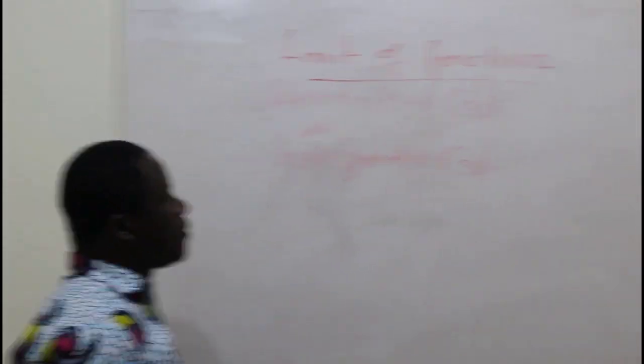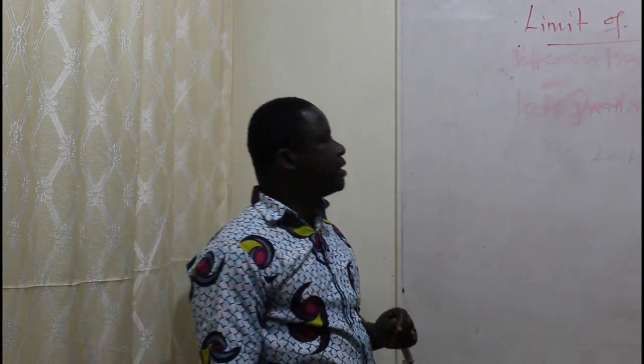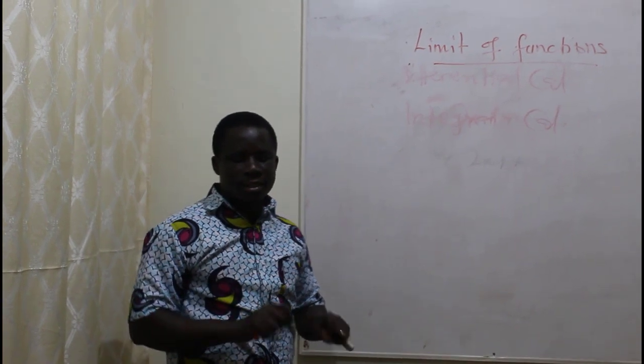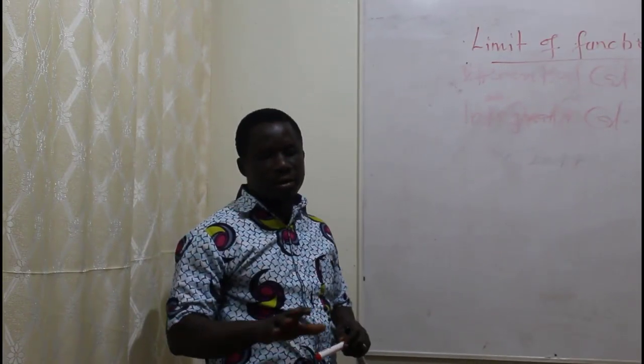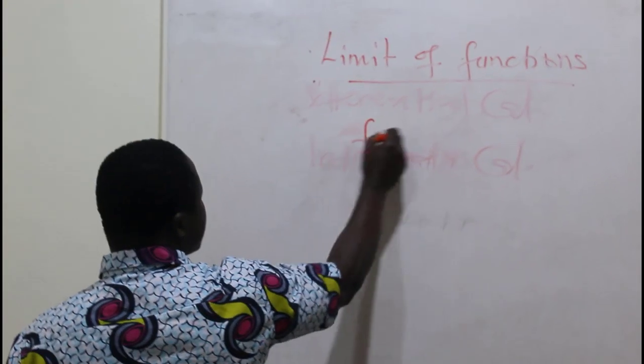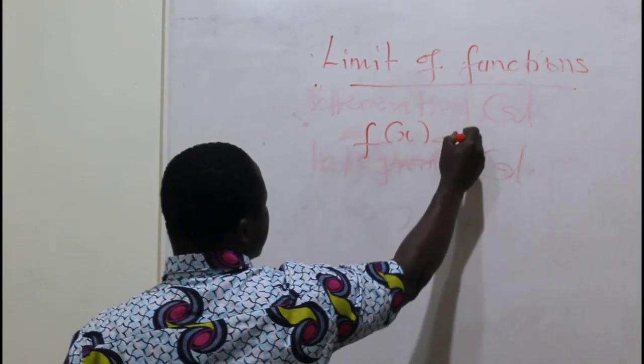And we have limits of functions of several variables, but our concentration will be limits of functions of one variable, single variable functions. So we are not going to concentrate on several variables. What we are trying to say is that if you have f of x equal to, say, 3x,